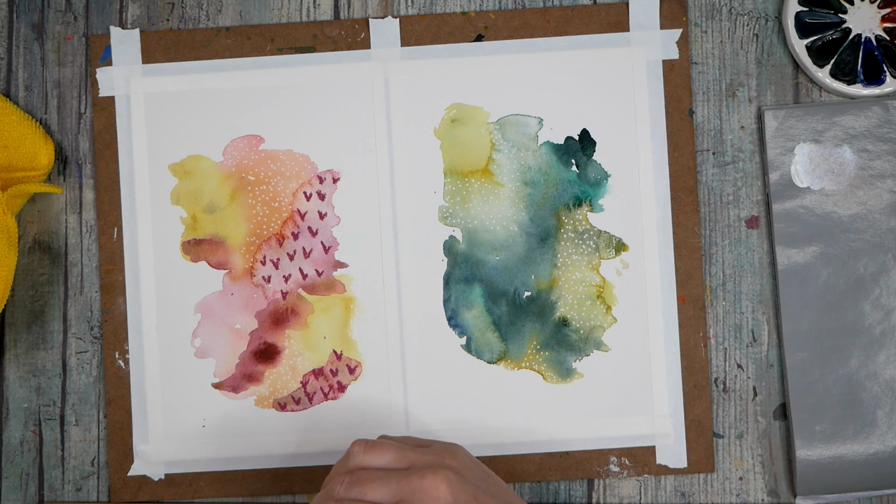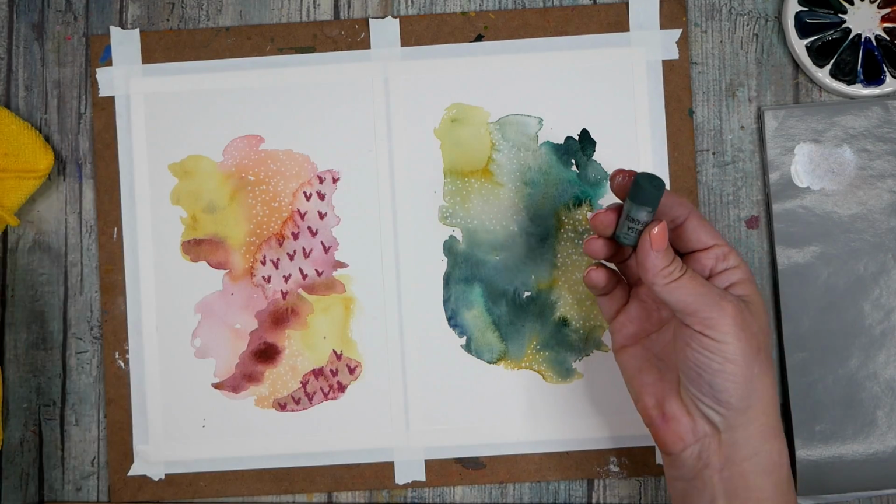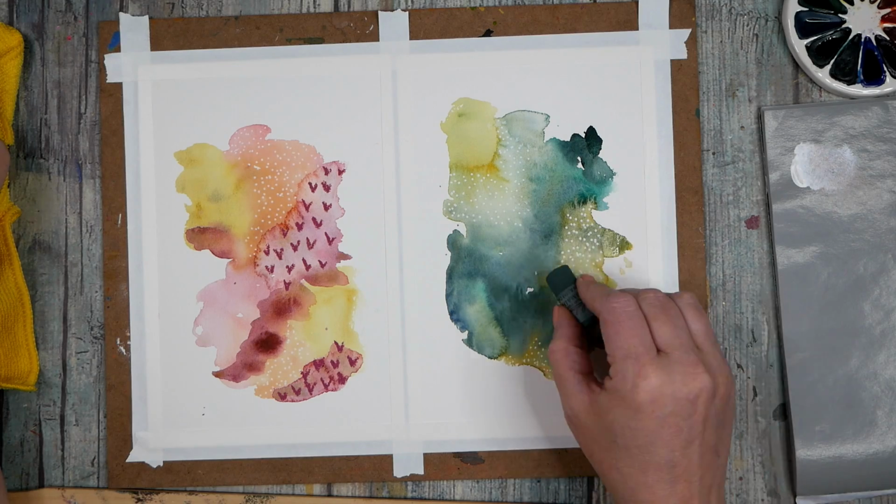Let me pull these pastels closer so I can see what we got going on here. I'm kind of thinking this yummy dark color, if I can get these out. Oh yeah, look at that color. Oh, this color is yummy. All right, I'm gonna